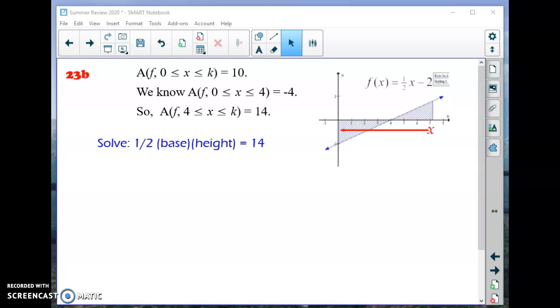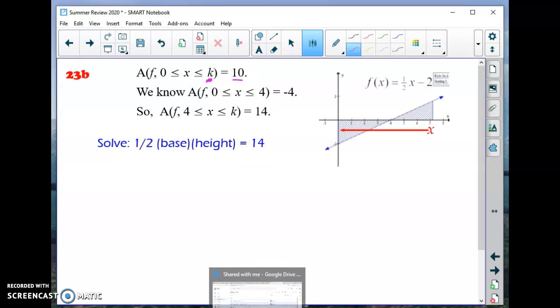Let's try number 23b. We have the graph of y equals 1/2 x minus 2, and we're trying to find the value of k so that the total area turns out to equal 10. From earlier parts of this problem, we could figure out that this first triangle that exists under the x-axis has an area of 4, and since it's below the x-axis, we're going to say that area counts